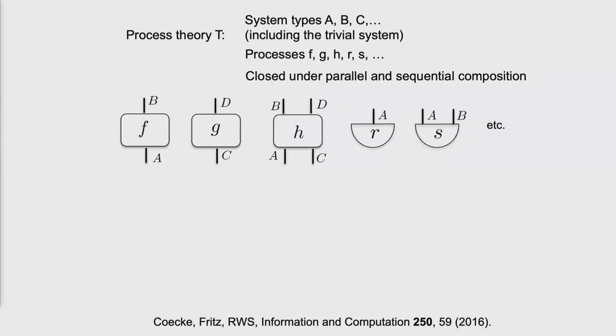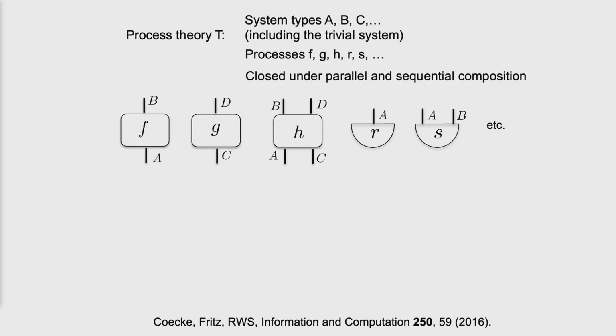Okay, so let me give you a bit of preliminaries about how resource theories work in general, and then I'm going to talk about the resource theory of asymmetry specifically. Some of the next slides will also be background for some of what David will be talking about in his lectures. So a process theory, and here it's going to be general enough that we don't even need to be talking about quantum theory. This could be a GPT, for example, a generalized probabilistic theory. So I'm going to characterize it as a process theory.